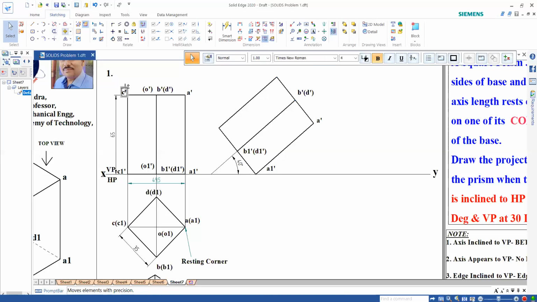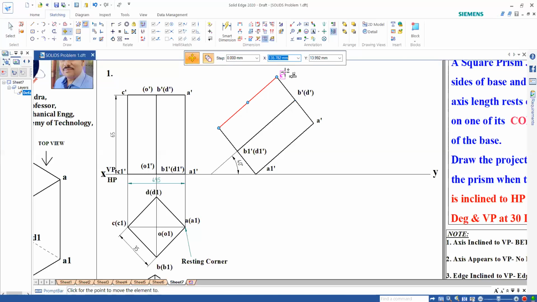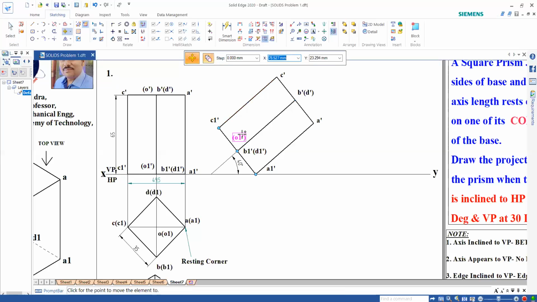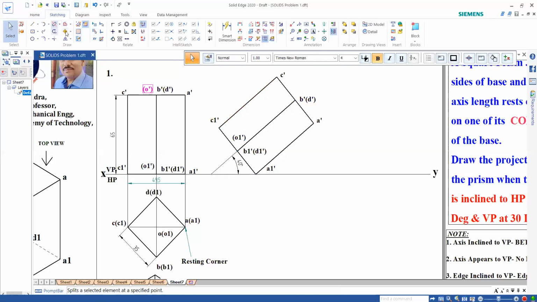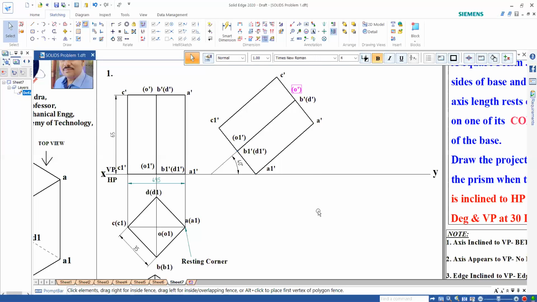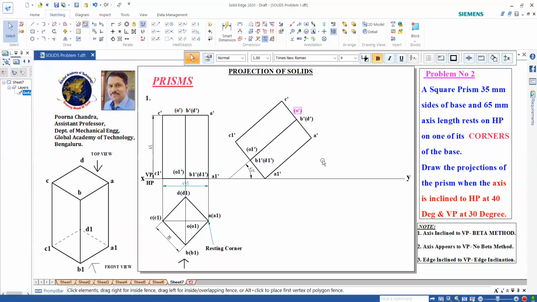It is left to you; whichever you feel is easy, you can do that. Okay, so now we are done with this. Now the square prism is rotated; its axis is rotated by an angle of 40 degrees.